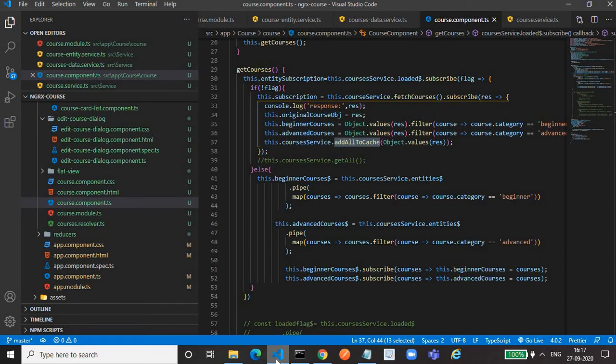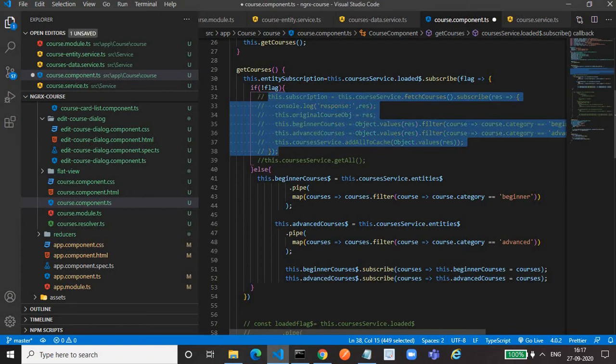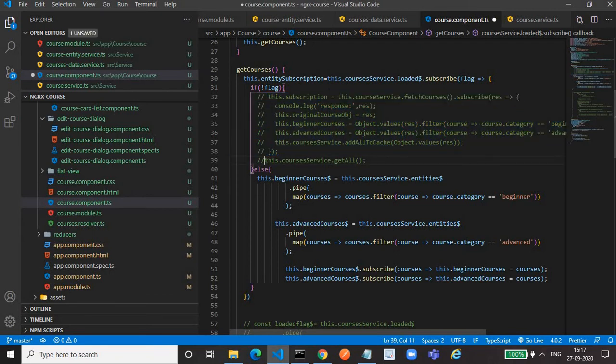So this way. Actually here, if you see, I am calling my own HTTP service. Actually this calling of HTTP service is not needed at all. NGRX data can call this service automatically. You don't have to call this manually. Even this line of code we can remove, or we can comment this line of code. If I comment this line of code, then let's see. I have to uncomment this one.